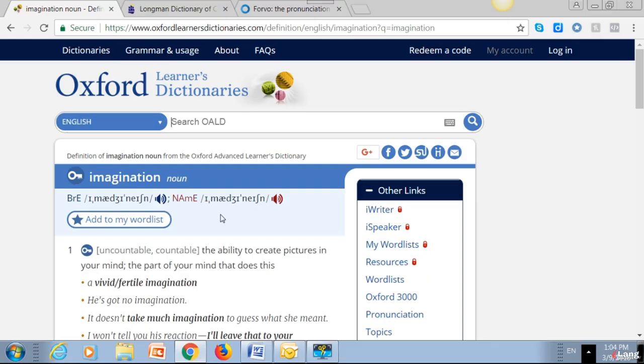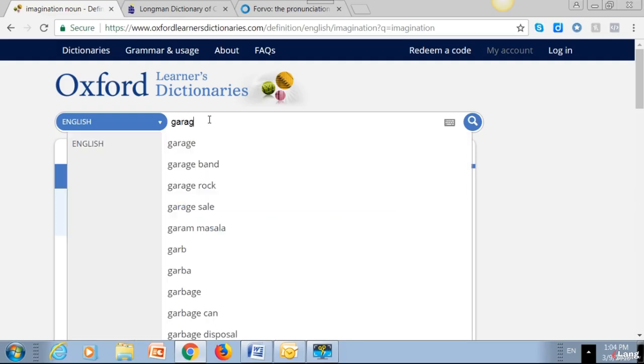It's not quite as loud and long as the primary stress syllable, but it still has that clear vowel sound, and it still stands out more than the weak syllables around it. Imagination. So primary stress marked at the top before the syllable, and secondary stress is marked at the bottom before the syllable. Let me give you another word about